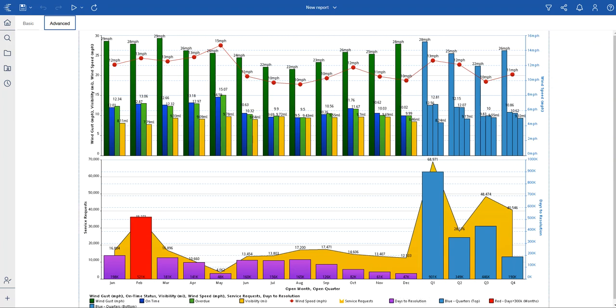Here we have the months of the year, and I also have quarter 1, quarter 2, quarter 3, and quarter 4, which is the same with these here. Here I'm telling Cognos to show me any month that has over 300 days to resolution.